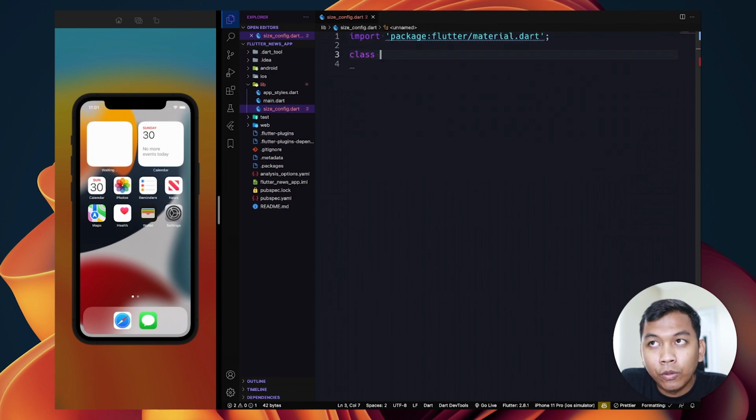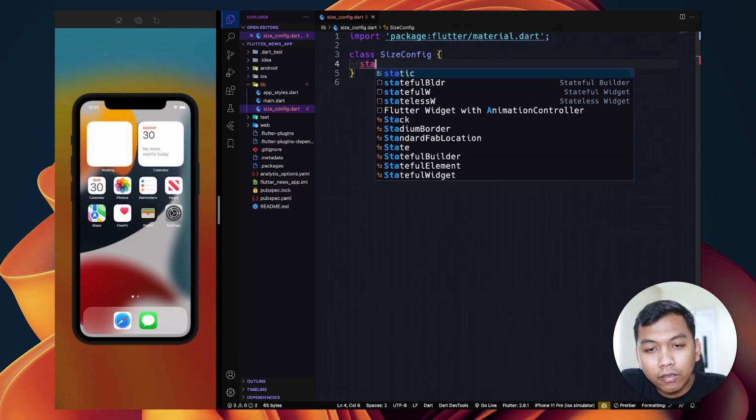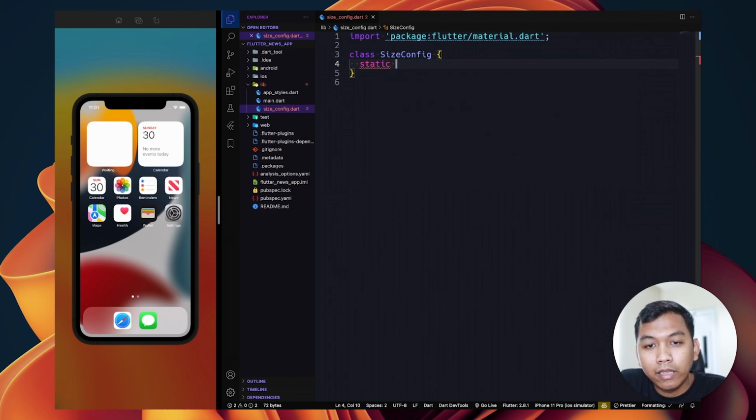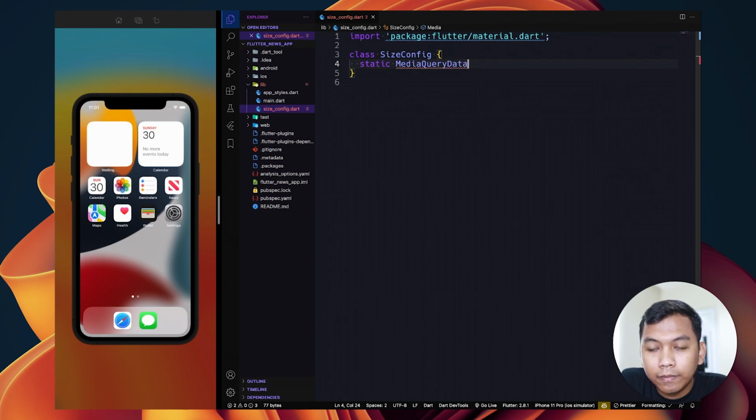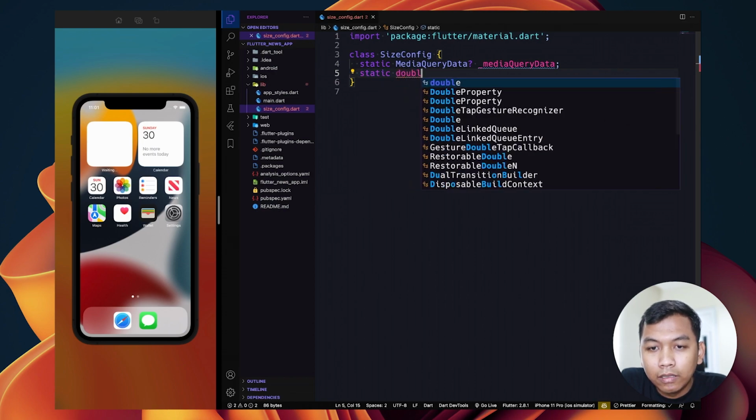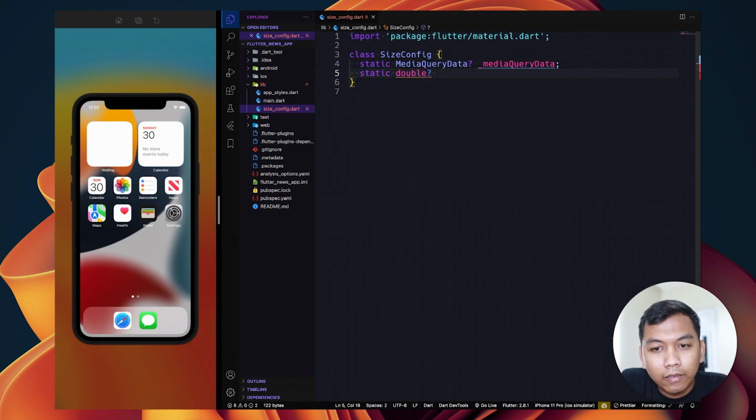And let's create a new class, name it SizeConfig. And in this class, create a static variable, name it MediaQueryData. And the second one is to set the width of the screen. So name it screenWidth.